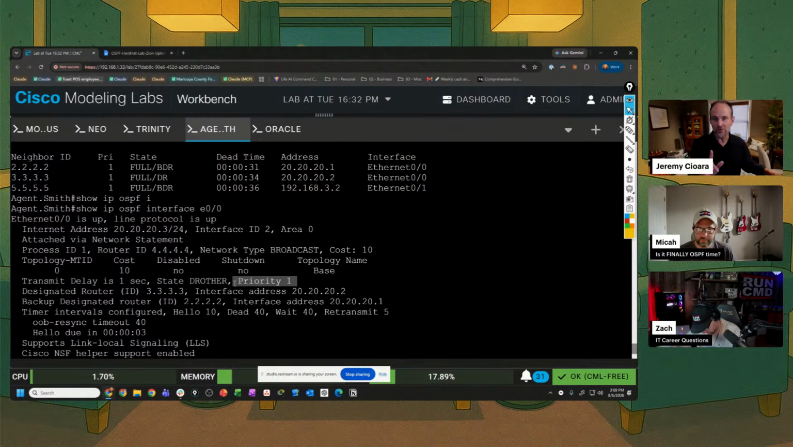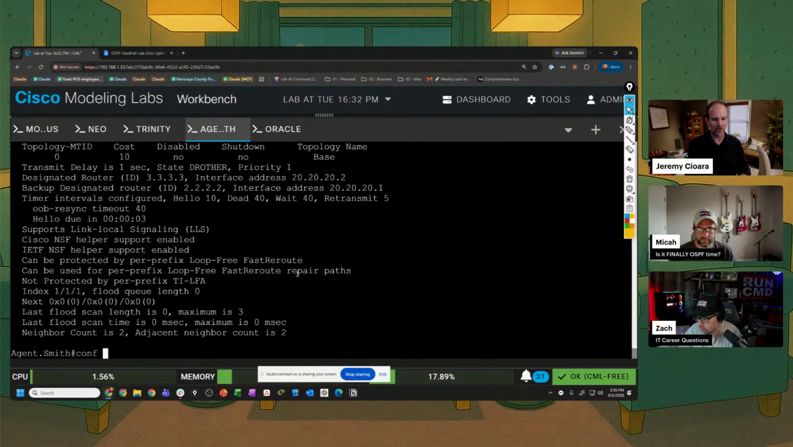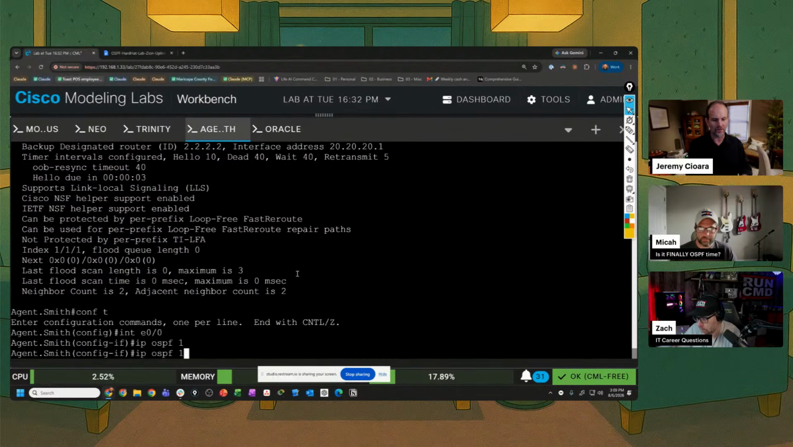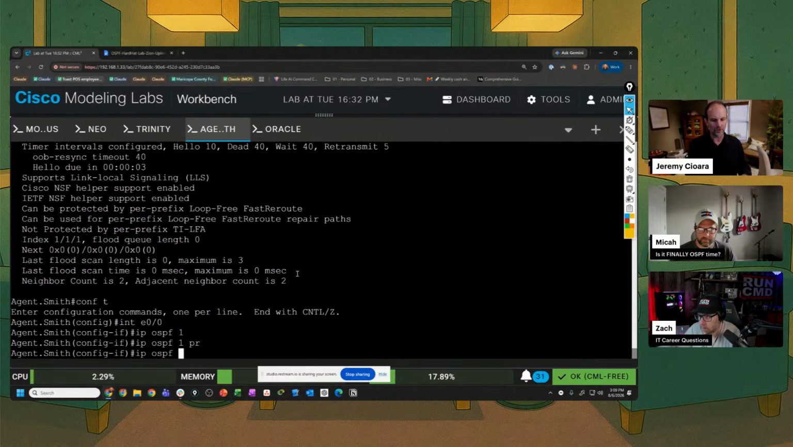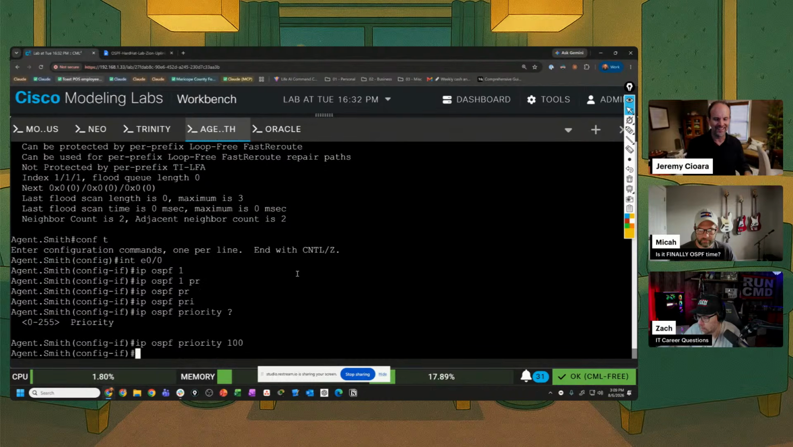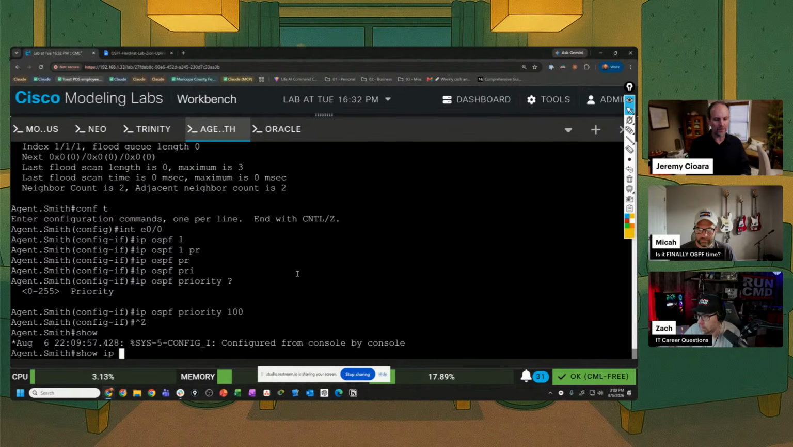The highest IP address is only used to elect a DR and BDR if the priorities are tied. And everybody's priority is 1 out of the box. So I'm going to go into interface Ethernet 0/0. It's an interface command. IP OSPF process ID 1. Nope, actually no process ID. Priority. And I'll put 100. I could put 2. As long as it's 1 bigger than 1, it'll win. So priority 100. I'll come back here and do a show IP OSPF